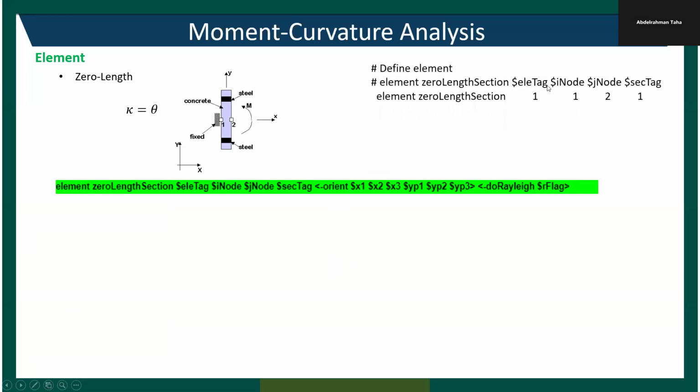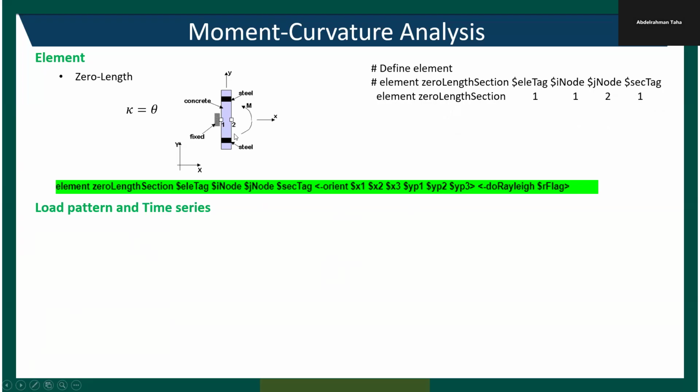Okay, so this is how you define the element: a tag for the element, the first and end nodes, and then the tag of the cross section we defined earlier. Okay, so this is how the element is defined, and then we can move on to defining the load applied